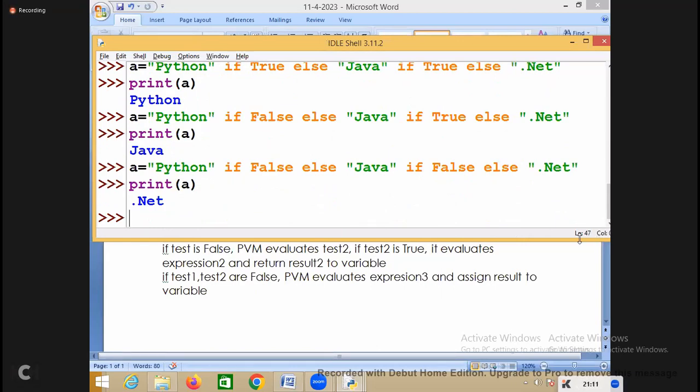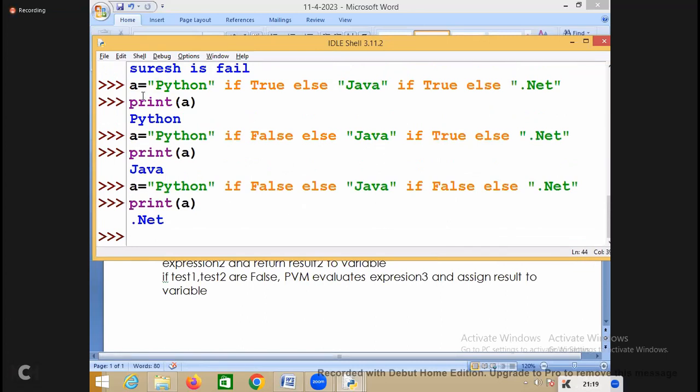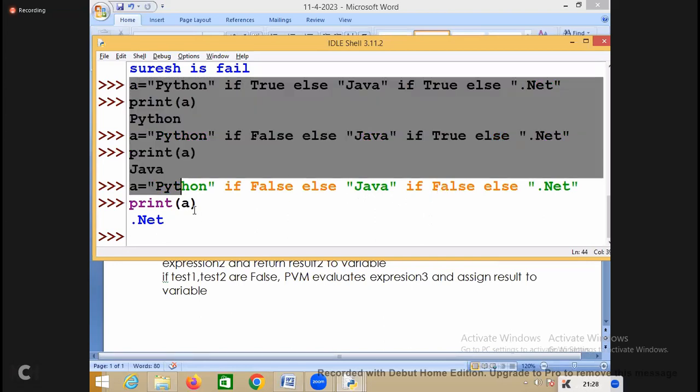So if the first one fails, then only it will check the second one. If the first condition is false, then only it will check the second condition. If the first condition is true, then it will not check the second condition, right? For example,